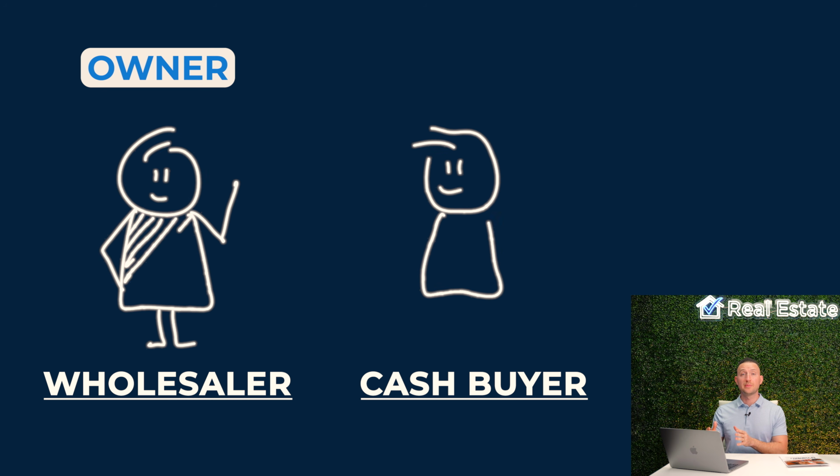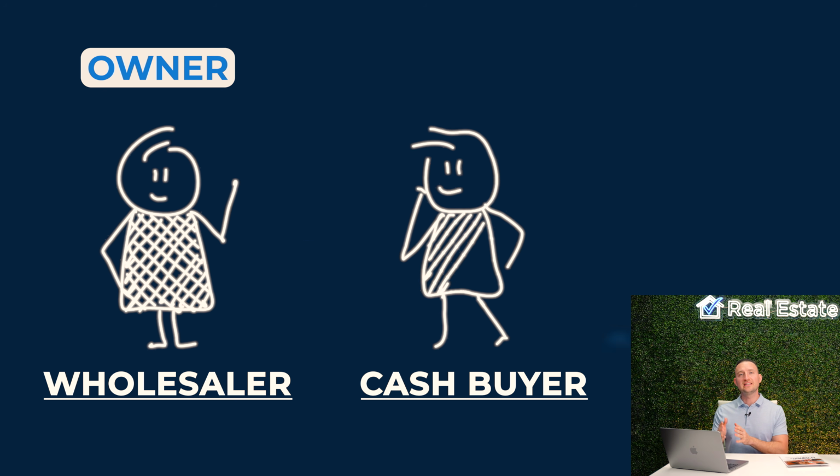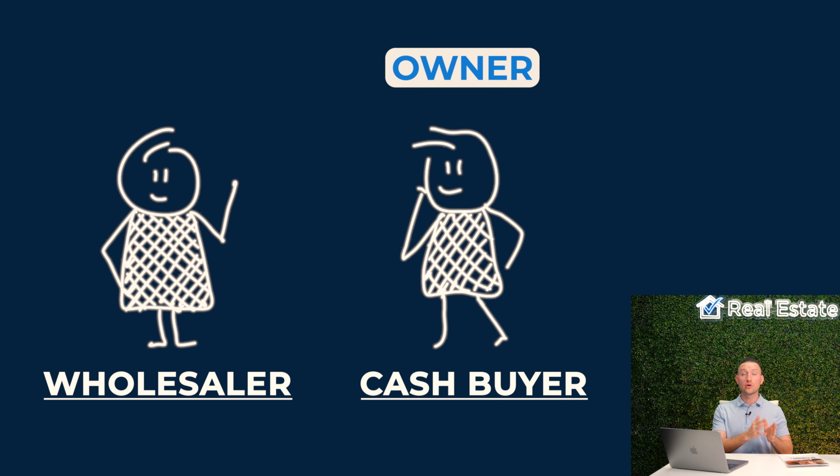Once they've signed that assignment of contract, they're now legally taking ownership of your original contract with that seller. You should submit both your purchase contract and your assignment of contract to either a closing attorney or an escrow and title company, depending on what state you live in. Once your closing agent receives all the relevant paperwork, they will move forward with the closing.